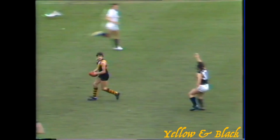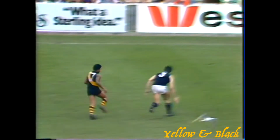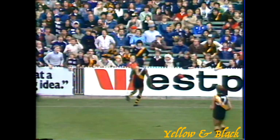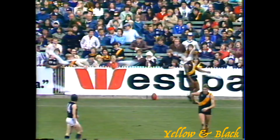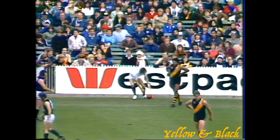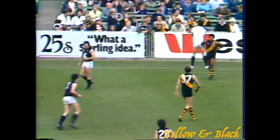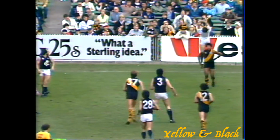There's the left foot coming right out wide to Sartori, who's playing a great game for Richmond. Onto the left foot he goes. He's got the loose man, the long left foot out there. He was looking there for Rioli. Mike Fitzpatrick lumbers after the ball. Oh, he's kicked it off the ground, straight to the boundary line and out of bounds. Didn't need much more on the kick to go out on the full. It would have been a free kick Richmond's way had that happened, but now we'll see a boundary throw-in